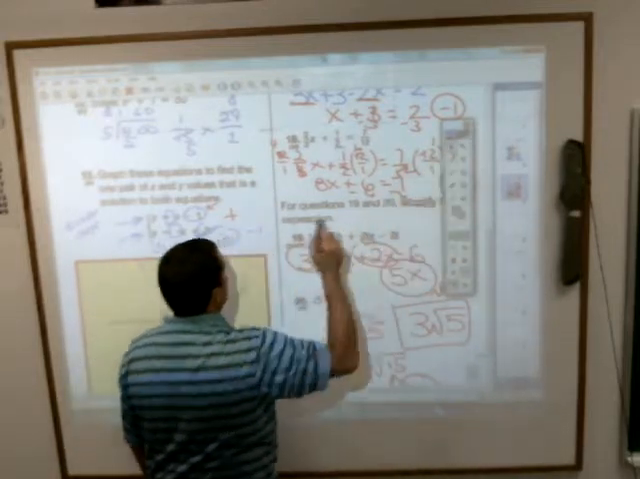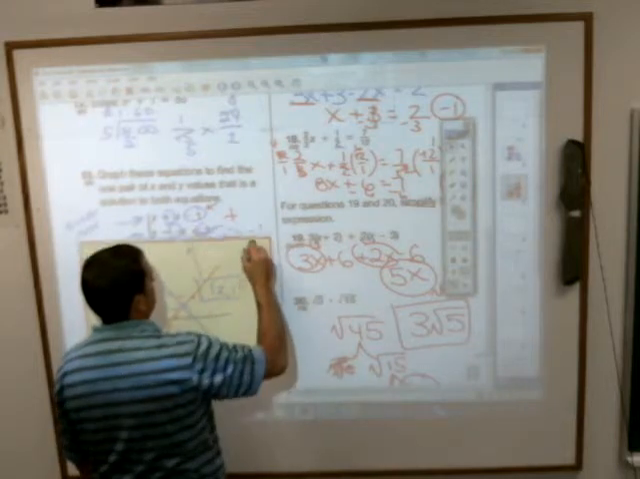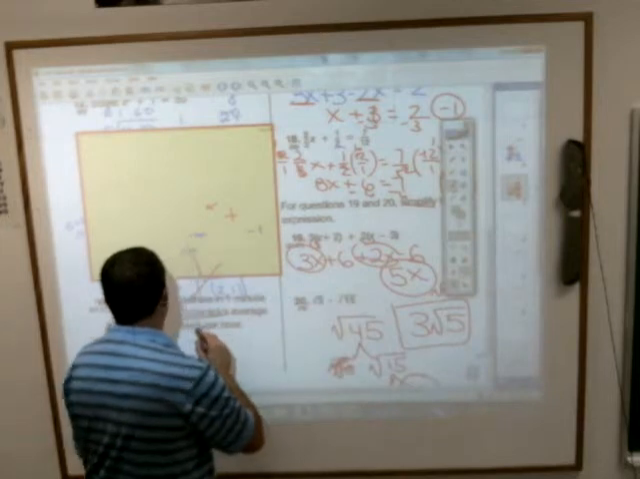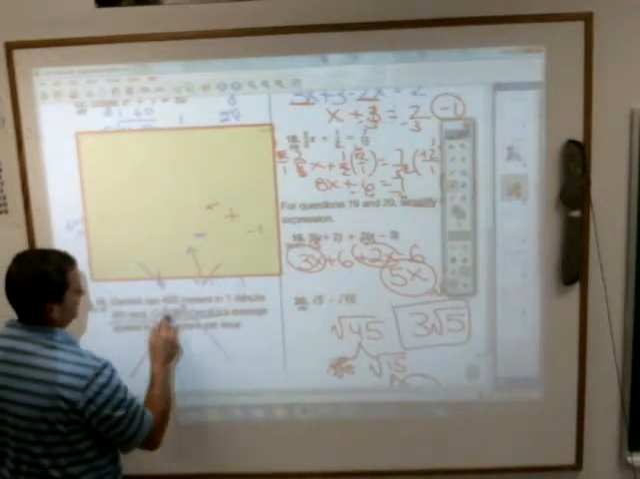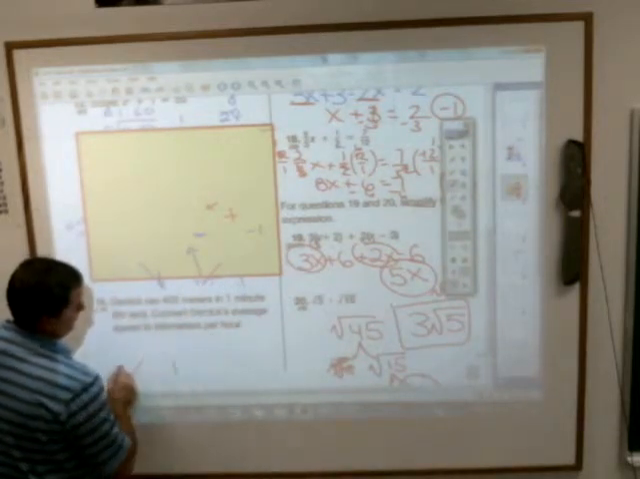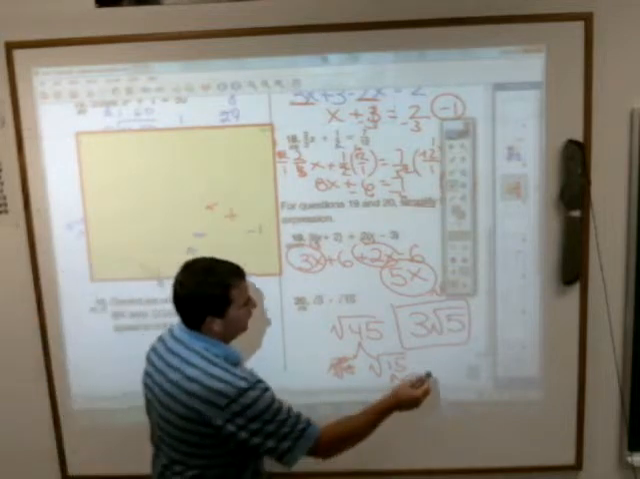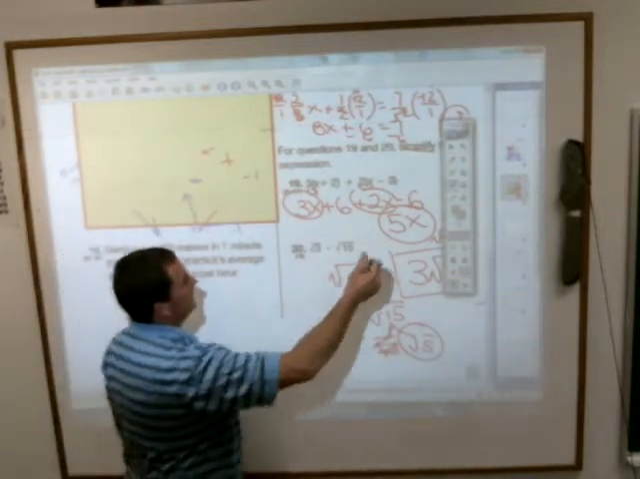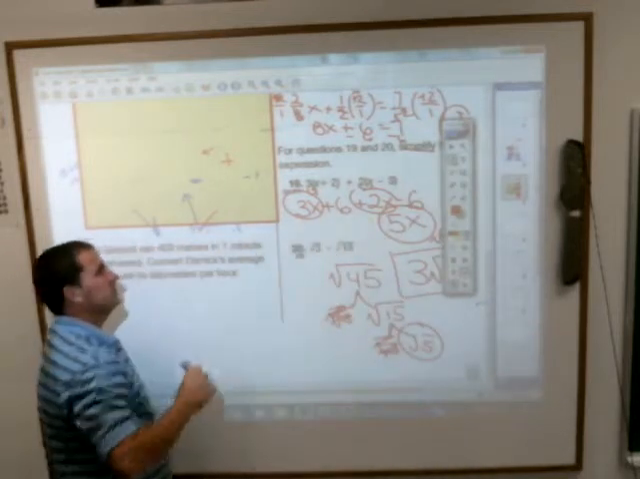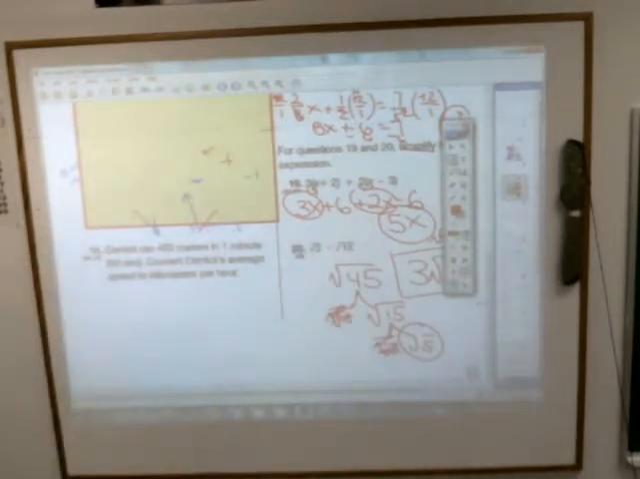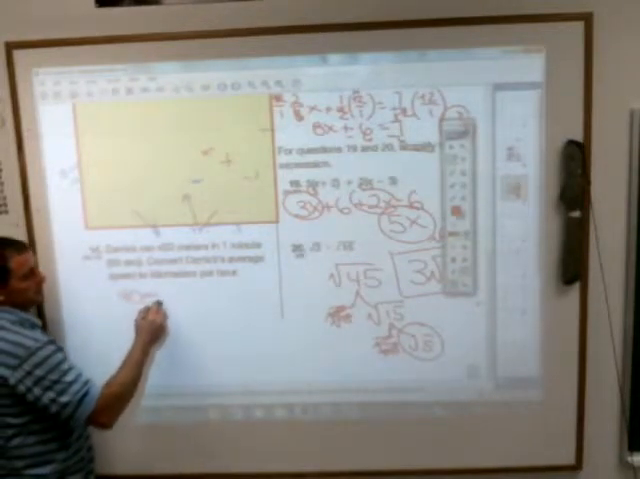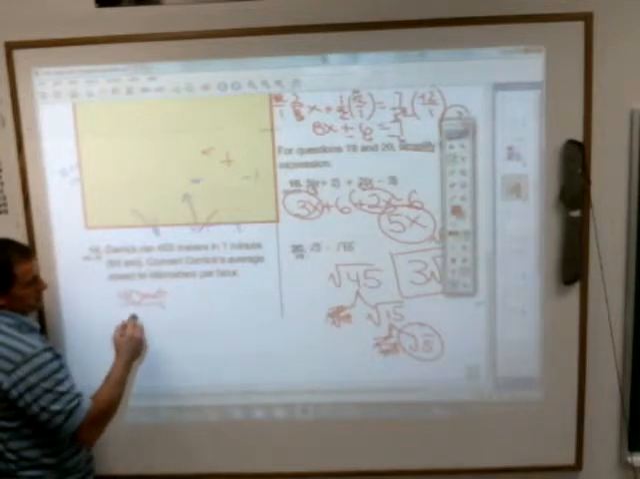Just erase everything. I'm gonna move the box up. Number 14, ladies and gentlemen, actually is a good one. I kind of like this one. Number 14, I like this because it shows you the beauty of that unit multiplier or conversion fraction things. Okay, you want to change 40 meters per minute